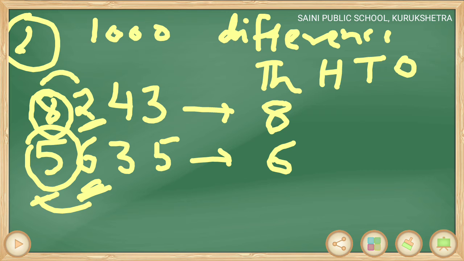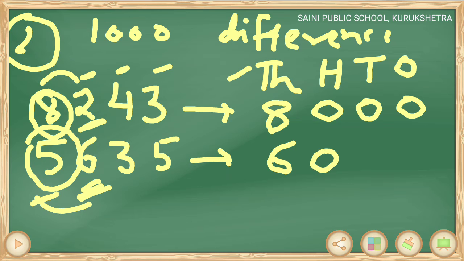Now our third step: replace all the digits on the right side of the rounding place by zeros. Here is the thousand place which we want to round off. So all the digits at the hundreds, tens and ones places will be replaced by zeros. So I will put here 3 zeros. 1, 2, 3 and here 1, 2, 3. So this is our third step.